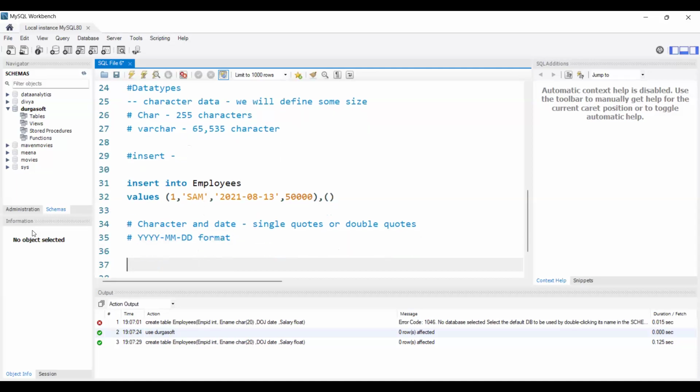Okay. And whenever we are giving the values or whenever we are giving the data, our data should be enclosed within the brackets. And this will be my first row. To enter the second row details, I will use one comma, and again I will open the brackets and I will give the second data. Okay. So, comma, I'm giving something like John,